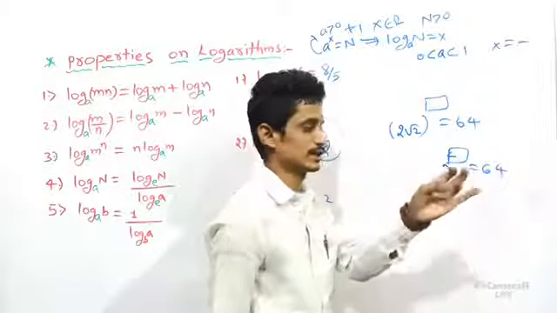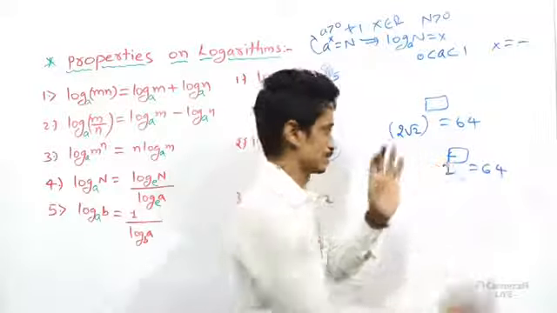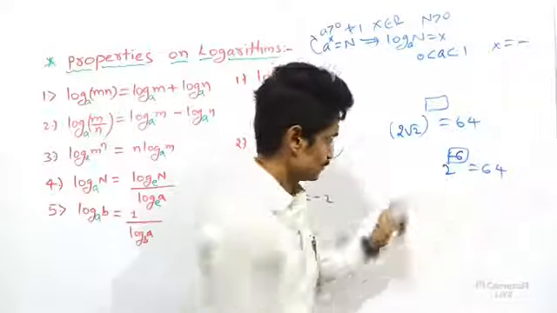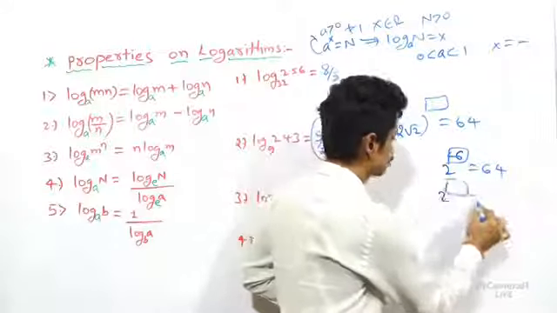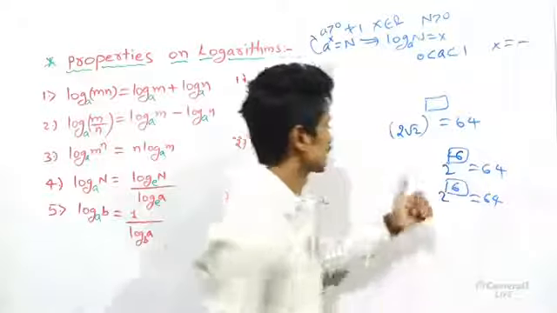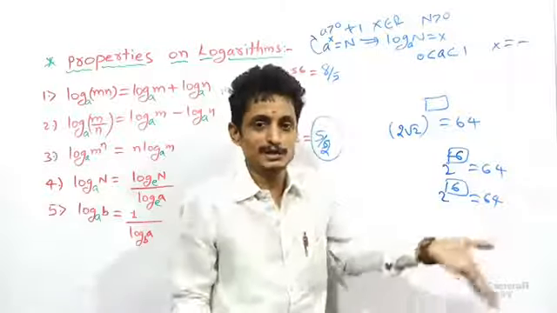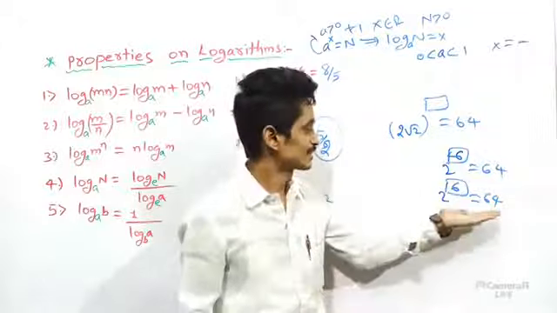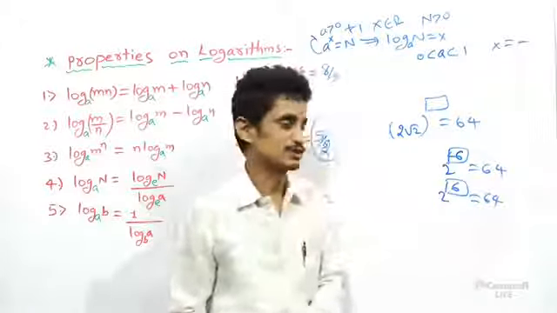2 to the 4, 4 to the 8, 8 to the 16, 16 to the 32... that is 4, meaning 6. For what power of 2 is 64? Our answer is very simple. That is 6. Simply we multiplied 2 six times. At that time we got the result 64.